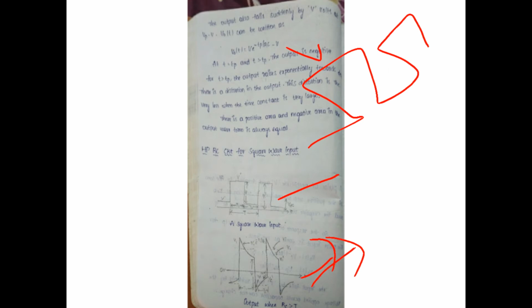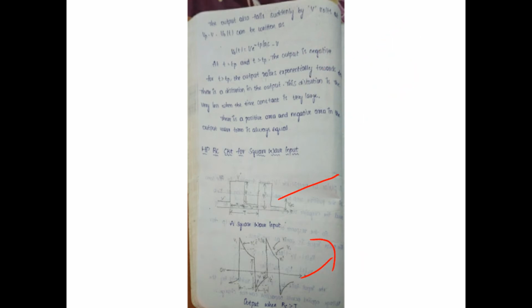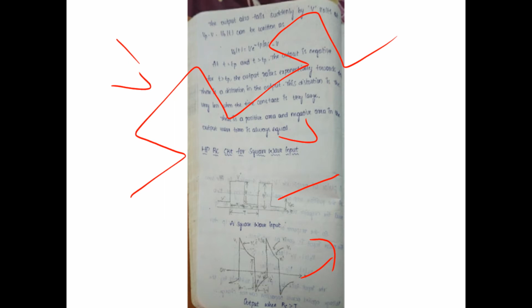For this positive signal and negative signal, we are applying this square wave, V dash, V double dash. This is T1 and this one is T2. V dash is treated as the positive voltage level, and V double dash is treated as the negative voltage level. T1 is the time period for the V dash voltage, and T2 is the time period for the V double dash voltage. Together, V dash and V double dash make the full cycle of the square wave signal.